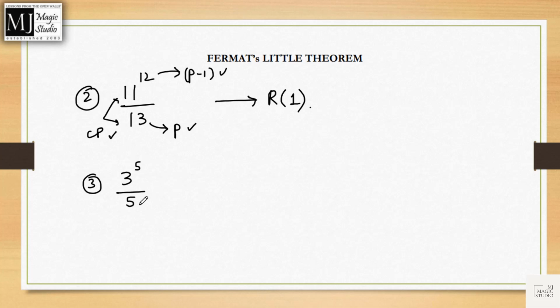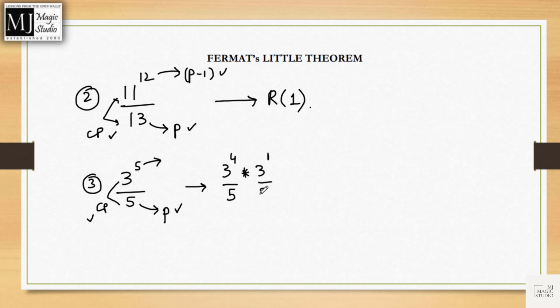Now, our first check: divisor is a prime number. Power should be 5 minus 1, that is 4, but it is 3 to the power 5. 3 and 5 are co-prime. Done. So I can write this as 3 to the power 4 into 3 to the power 1, and this